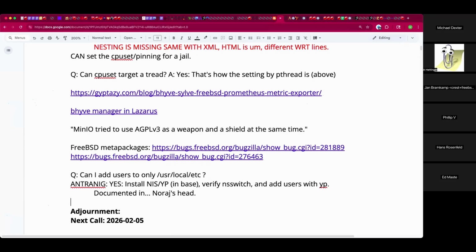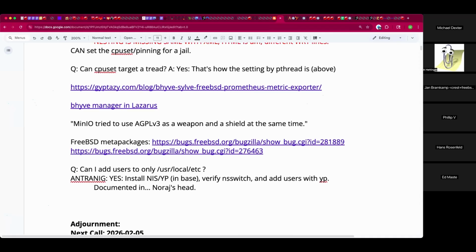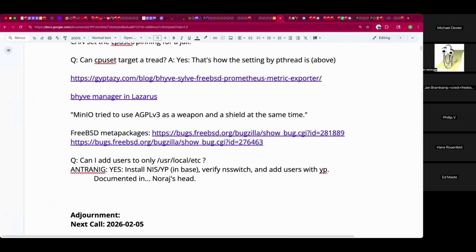Do you have anything to share or questions? 2026 wish list items. Short question, which I kind of answered myself, is that it appears that there's still active development with regards to adding VirtIO VSOC support for bhyve, but it's not yet upstreamed. So last commit on the repository was a month ago.